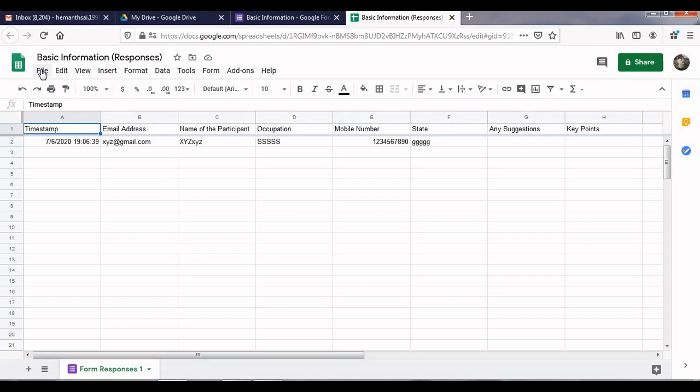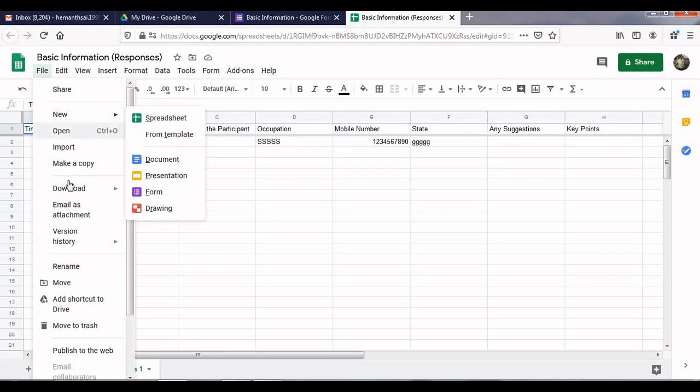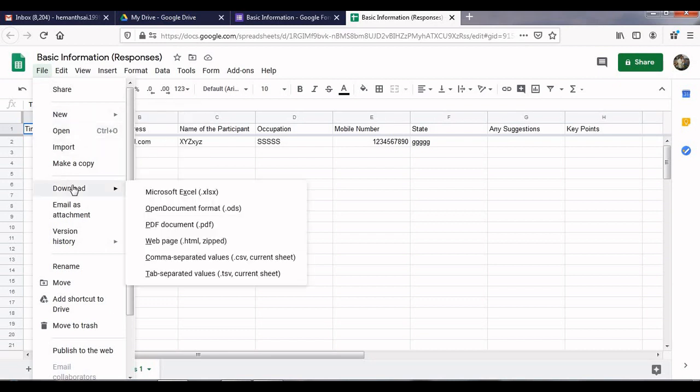Here we go, file option, and if you want this to download into an Excel sheet, an open document format, a PDF, a web page, CSV and tab separated values, you can use any of these extensions, and depending on our interest we can download the overall form once the responses are closed.